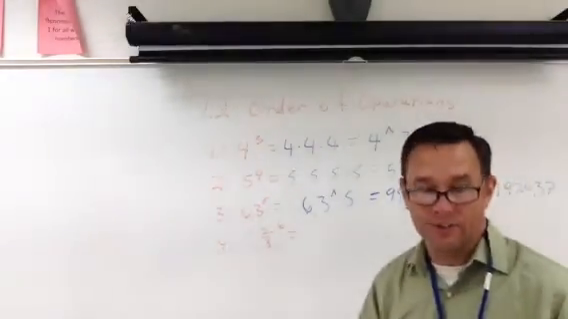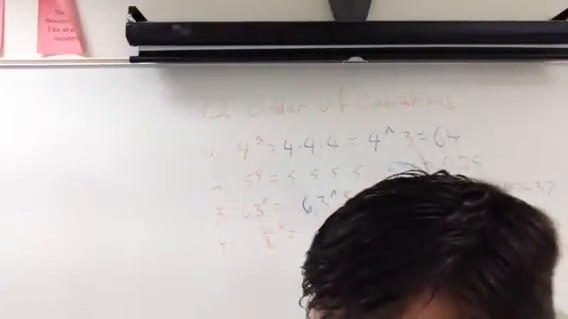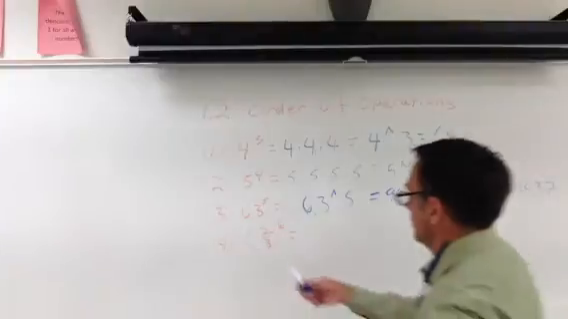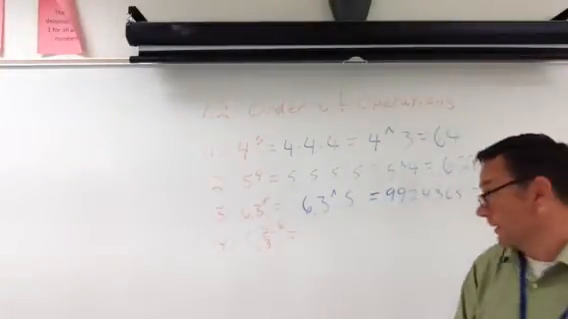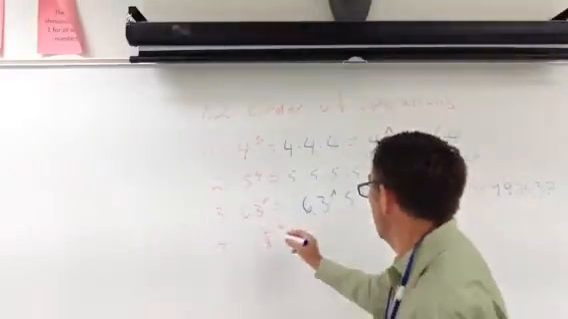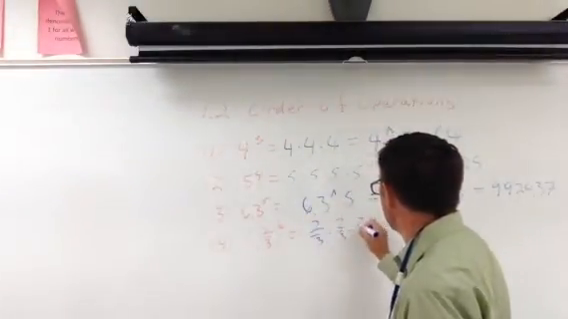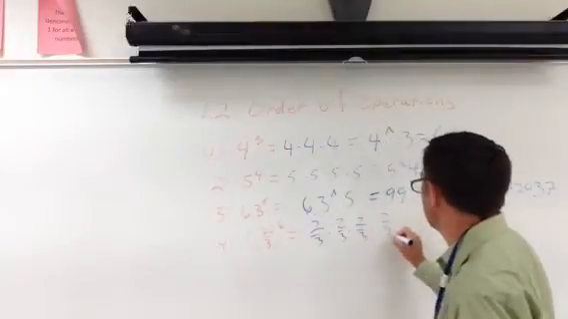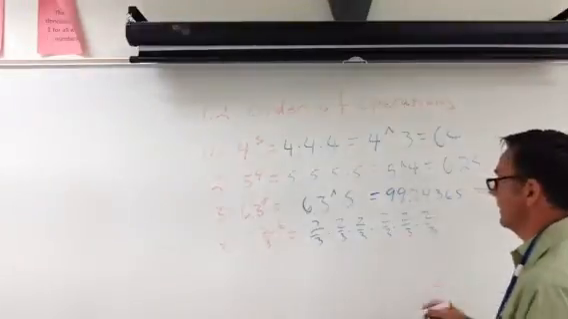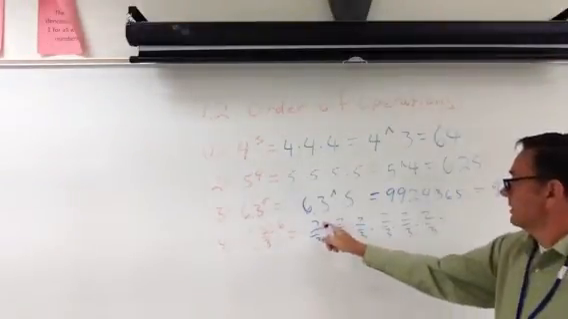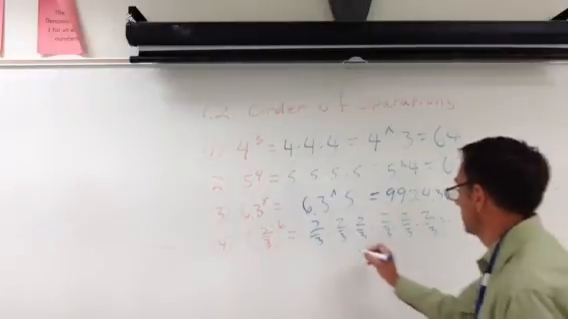Now I get to the fractions. Believe it or not, and some of you, this is hard to believe, do you think fractions are harder than decimals? I'm here to prove you wrong. Now this is 2/3 times 2/3 times 2/3 times 2/3. We write that out 6 times. Now this is simply 2 to the 6th power